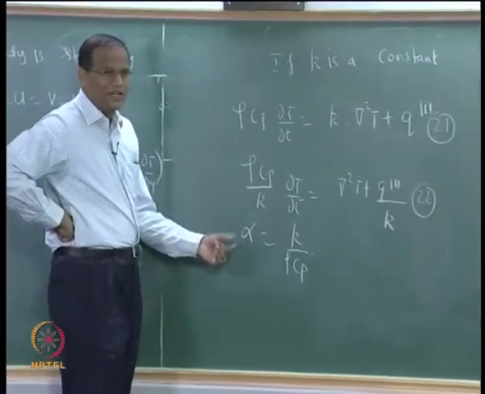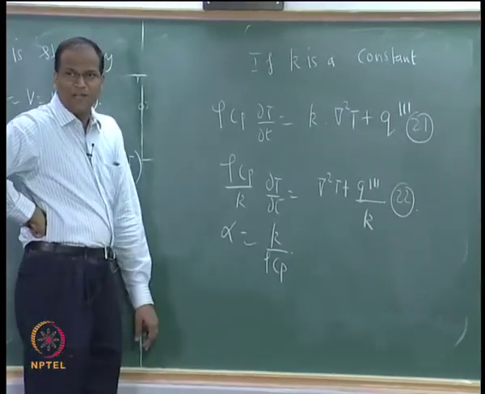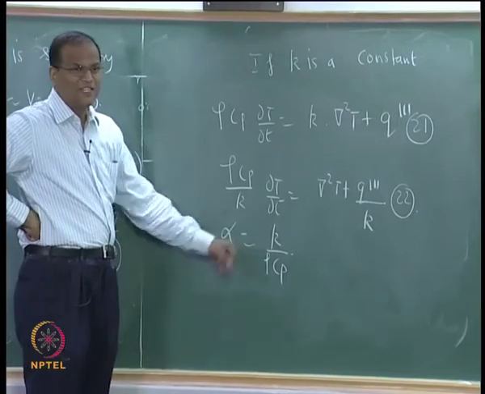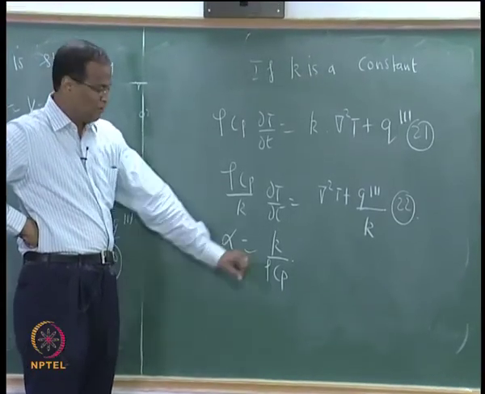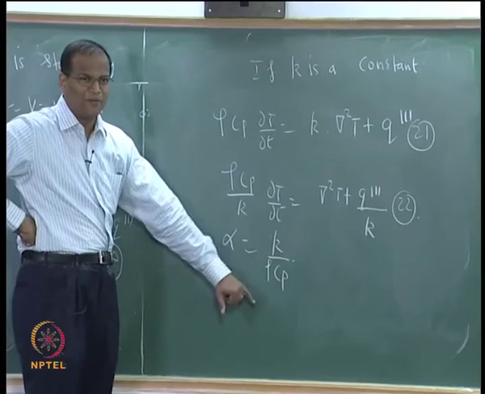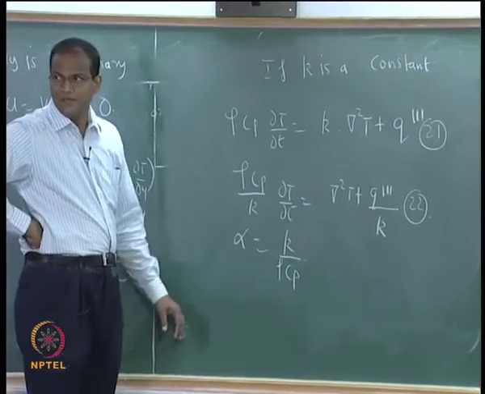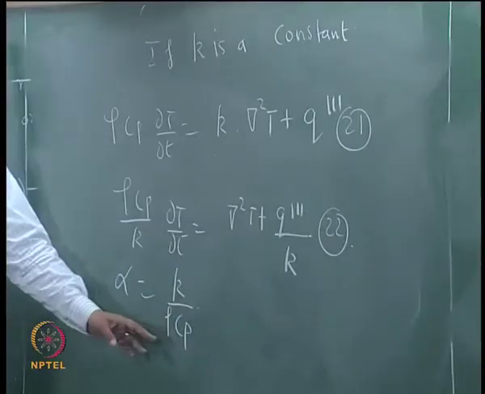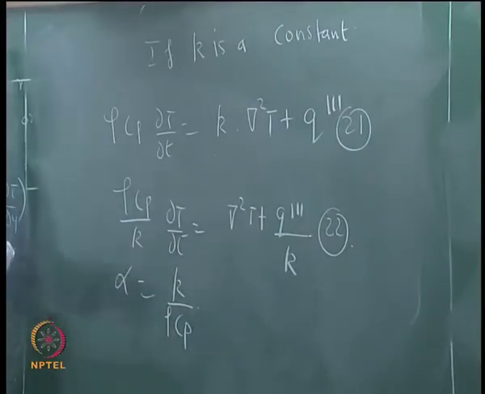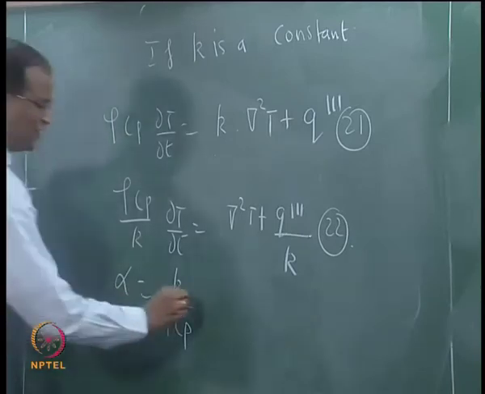See, I always try to check it like this. K is watts per meter per kelvin. Okay. Watts itself is joule per second. Therefore, when k is in the numerator, second will appear in the denominator. Alpha also has meter square per second. It should be alright unless these fellows are second cube, then we will get RG, but that is a different situation. Generally, it should be fine. So, this alpha is called the thermal diffusivity.